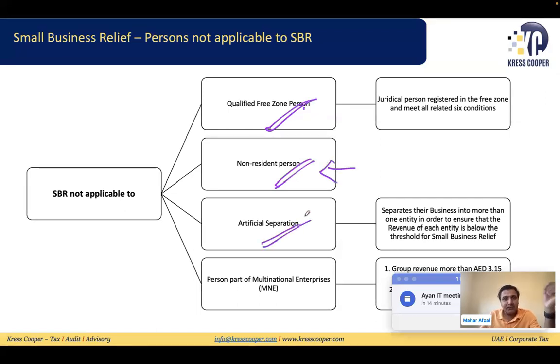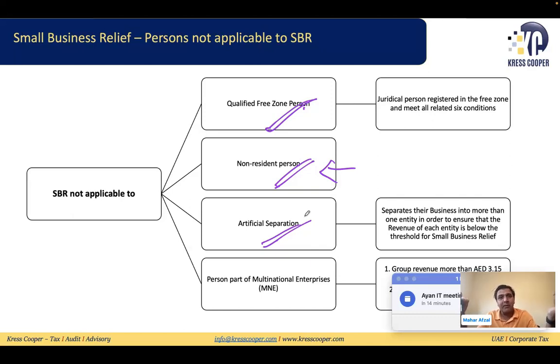Artificial segregation. If there is one business, and the person has artificially segregated the business, brought the income below 3 million and opted for the small business relief, the law says no, you can't go for it. Tax authorities will assess their commercial substance. They will look into whether there is a genuine need, a separate business, and the multiple things they can consider to assess whether there is artificial segregation or not. If this is artificial fragmentation, they will consolidate the numbers and then they will not allow you to go for